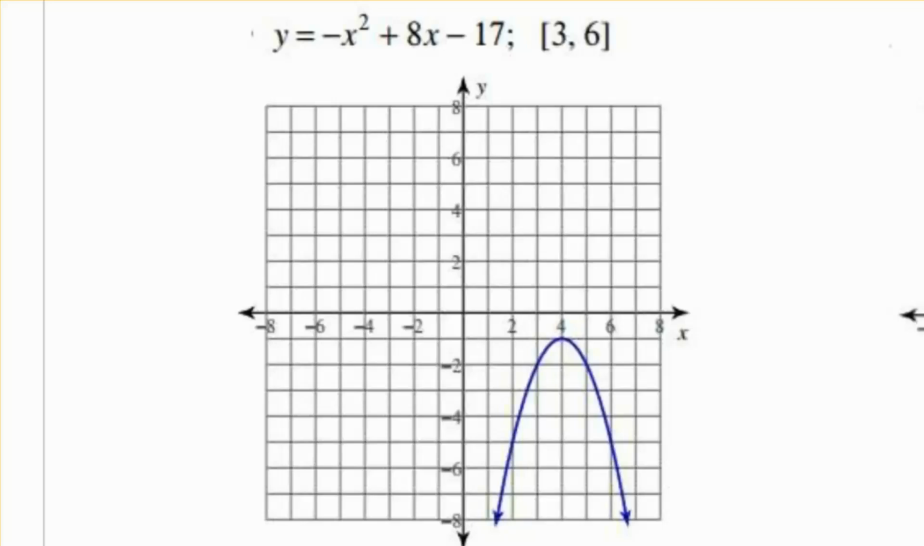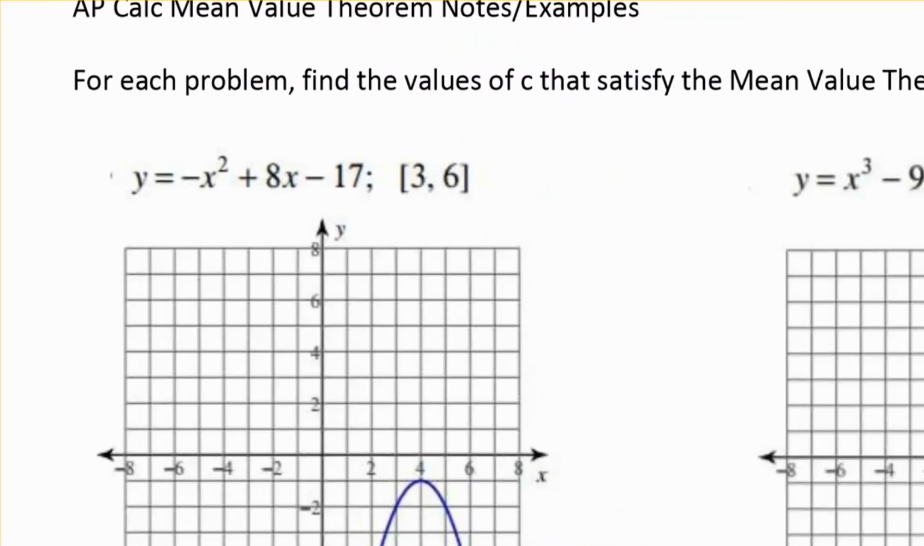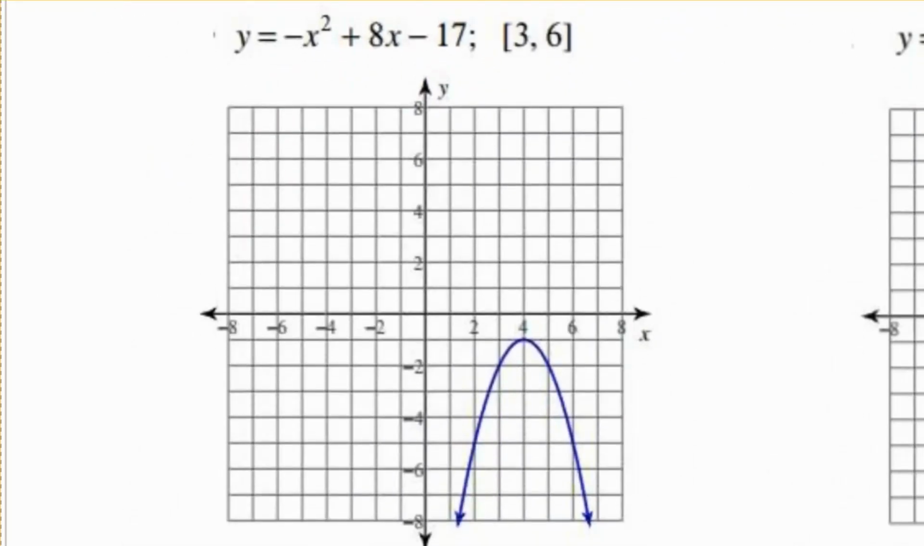All right, let's look at the first one from the worksheet. Our mean value theorem. So we are looking for the value of C that satisfies the mean value theorem. So the first thing we've got to do is find the mean value. So that would be the average slope